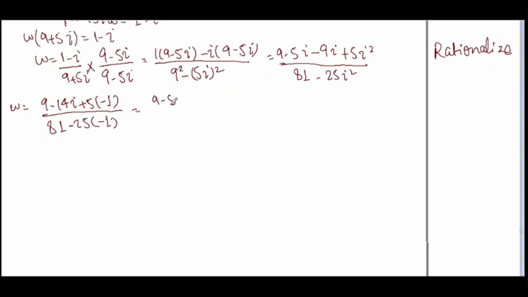This equals 9 minus 5, that is 4, minus 14 iota, whole divided by 81 plus 25,